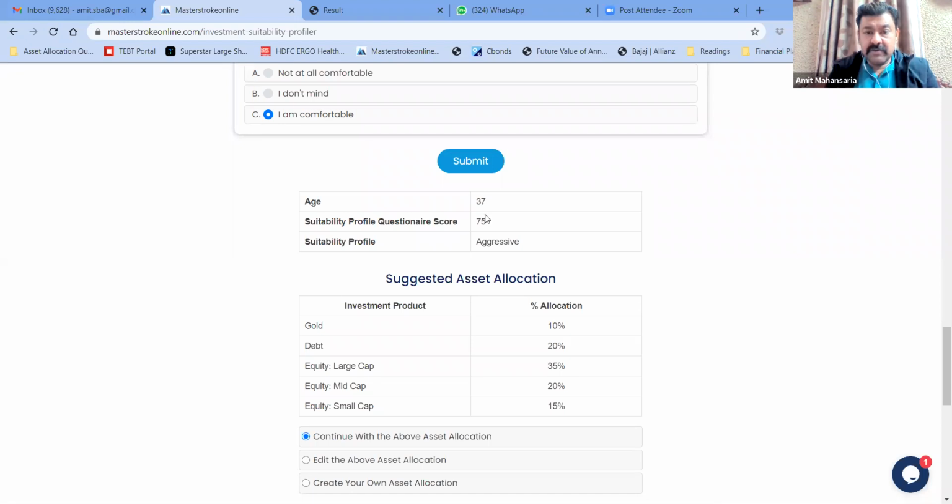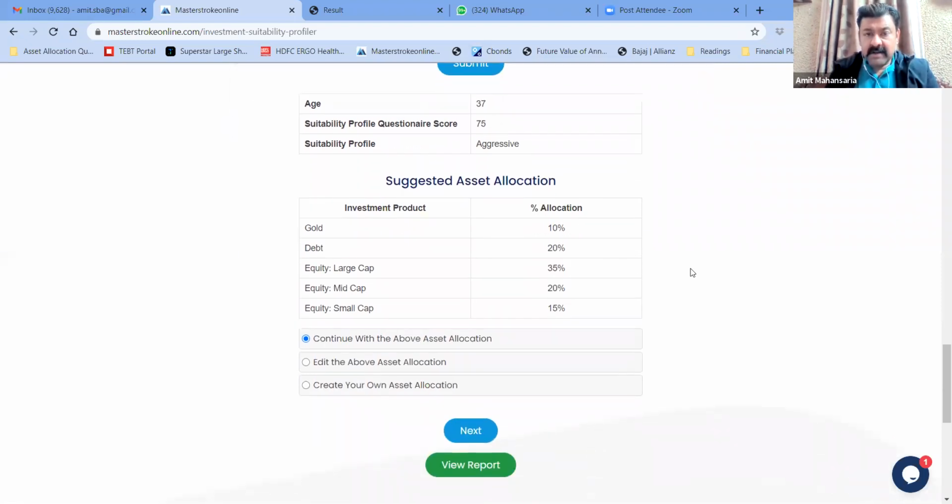Based on these two, his suitability profile is aggressive. And you will also get a suggested asset allocation for the client, which is mentioned here: gold 10%, debt 20%, equity large cap 35%, equity mid cap 20%, equity small cap 15%.